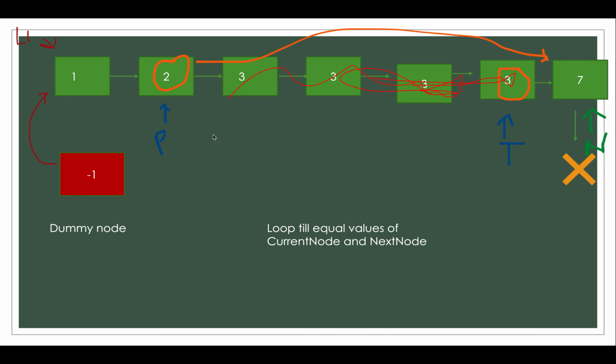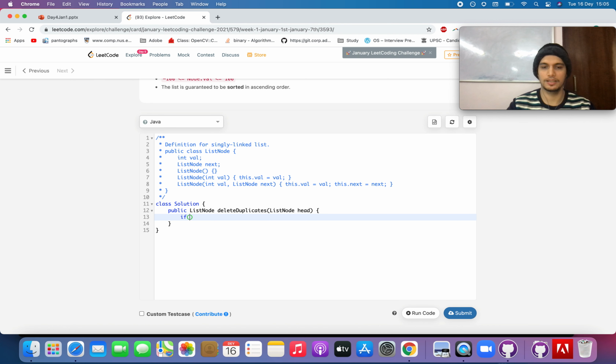I'm restating what we have done here. Whenever there is a matching case, we keep on incrementing t and n without even updating the previous node. And as soon as we find a different node, we make previous.next point to t.next, or current.next, whatever you call it. So this is the equation that we should cater to whenever we found a matching case, whenever we found a duplication case. Hope I made it clear, and let's quickly code this up. Exactly the same process that I specified in the slideshow.